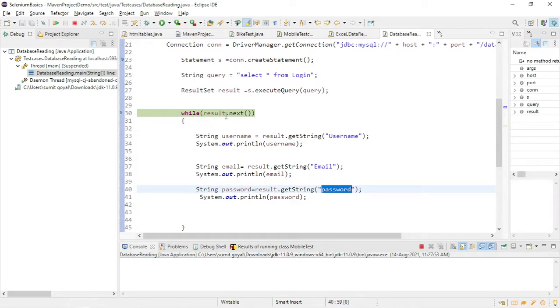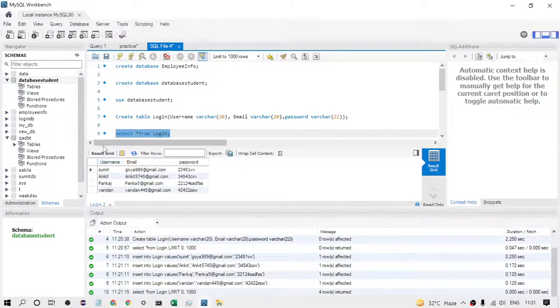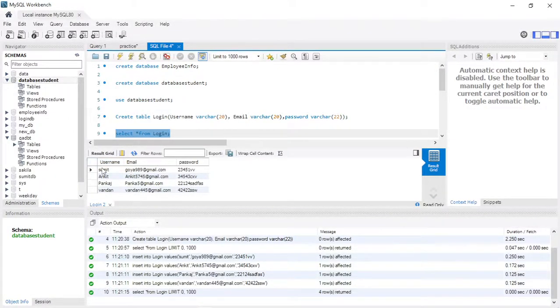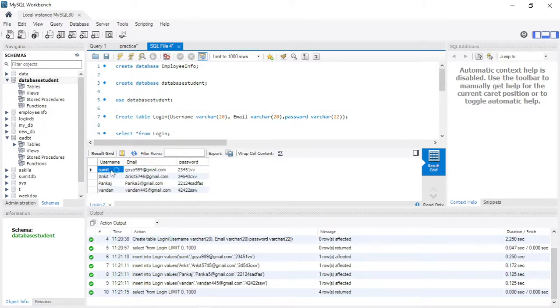So basically when I say dot next method, this variable will have all the data. This variable will have all this table. Just assume this variable will have all the 4 rows like this. When I say dot next method, it will move to the row number first, which is this one. When I say it for the first time, it will move to the row number first. And once it moves, it will have only this data.